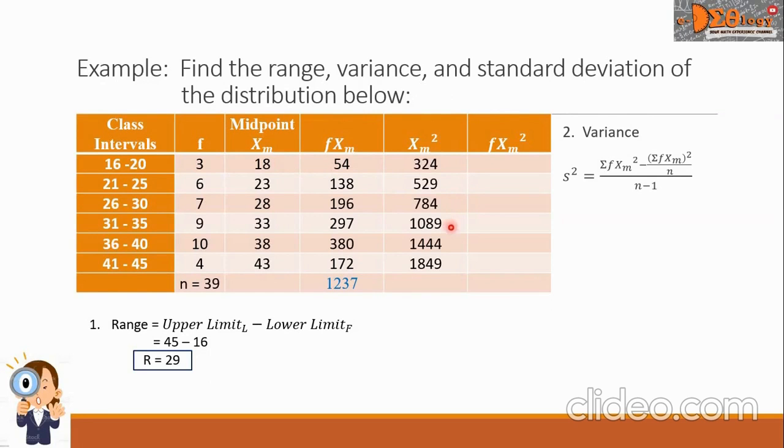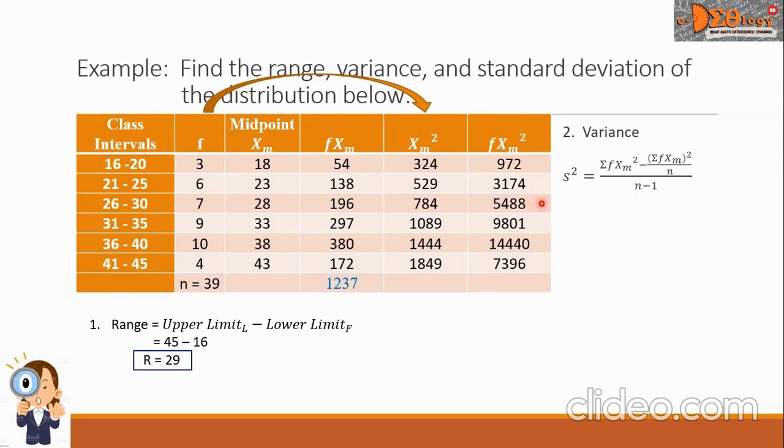784, 1089, 1444, and 1849. Going to the last column, this is f times the square of x sub m. It means we need to multiply the frequency and the numbers of this column respectively. So 3 times 324, we will write the answer here. So the numbers are 972,